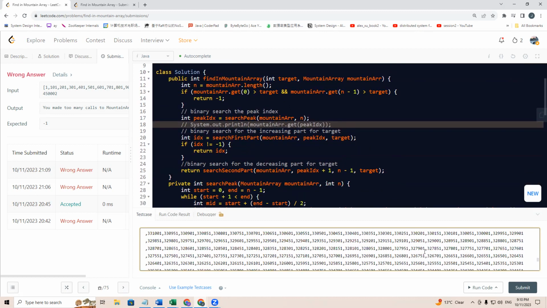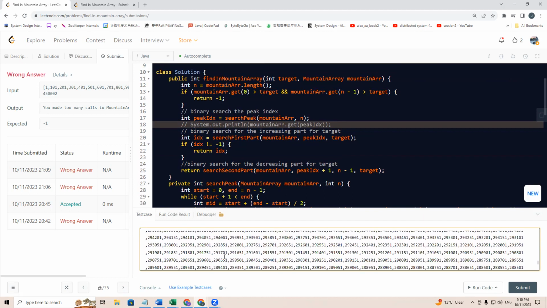Actually, for this, it seems that this peak is smaller than our result, right? So for this kind of scenario,